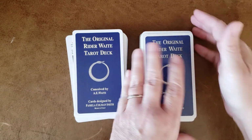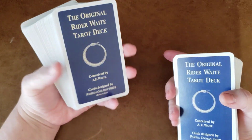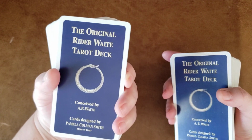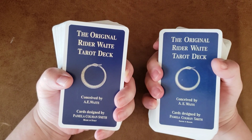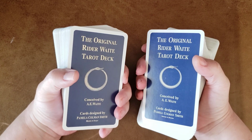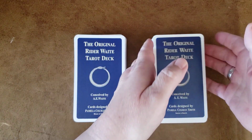If you are a seasoned tarot reader, you'll notice it's a different feeling holding a vintage deck versus a newer deck. Now, this is still considered vintage because it's over 20 years old, but this one is very much in line, at least in the width of the cards, with the current US Games. There's a difference in hand feel. The feel of the deck is very different with the extra 2 millimeters in width. Also, what that does is scrunch the image a little bit. So if you're ancient like me and you know what it was supposed to look like, and you receive a new one that you replace, you're going to be a little disappointed, as I have been. All right, but